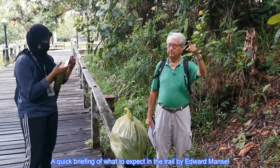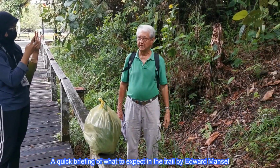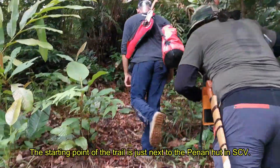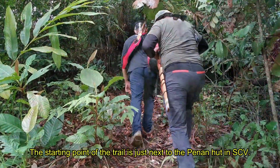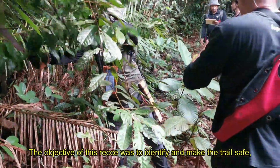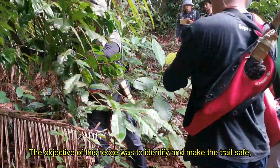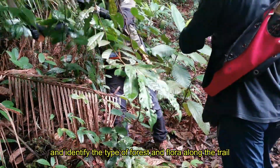Then we go to maybe the end there, we'll get a Krangas forest and different type of forest. The starting point of the trail is just next to the Penan hut in SCV. The objective of this recce was to identify and make the trail safe and identify the type of forest and